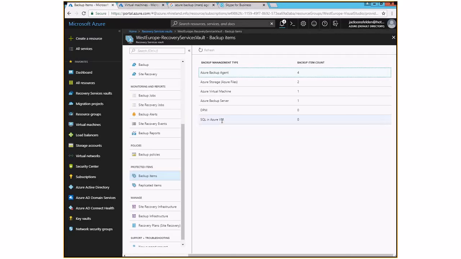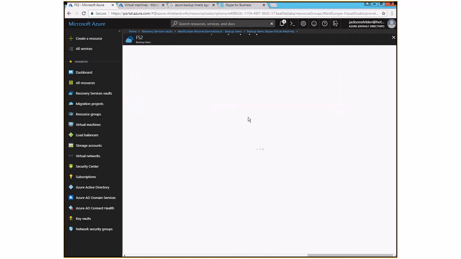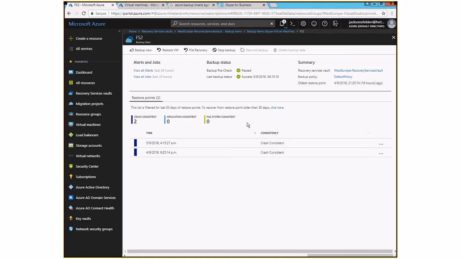If I'm looking for Azure virtual machines, I need to go to Azure Virtual Machines. At the moment, as you can see, I already did a backup this morning. It was scheduled for 4 a.m. this morning from file server 2, and has passed successfully. Everything is looking good.